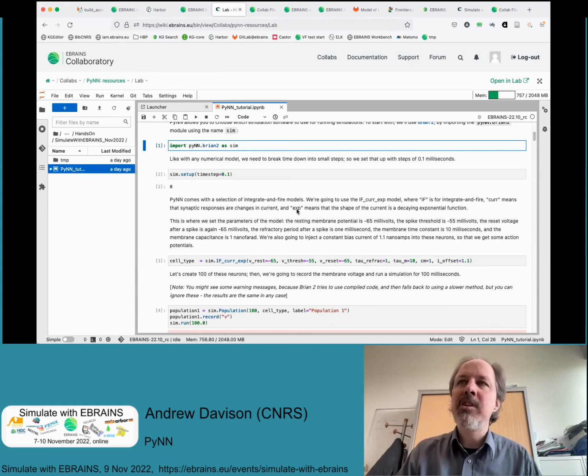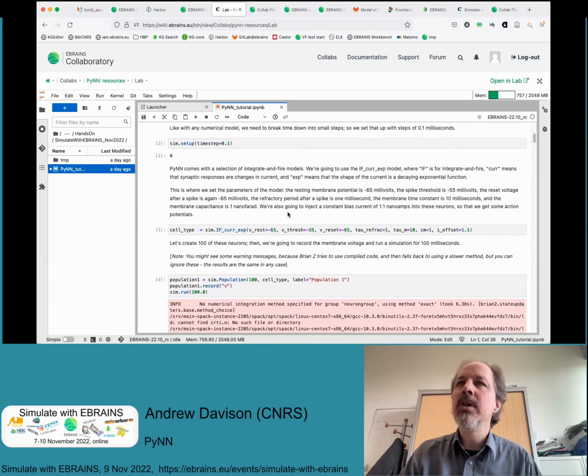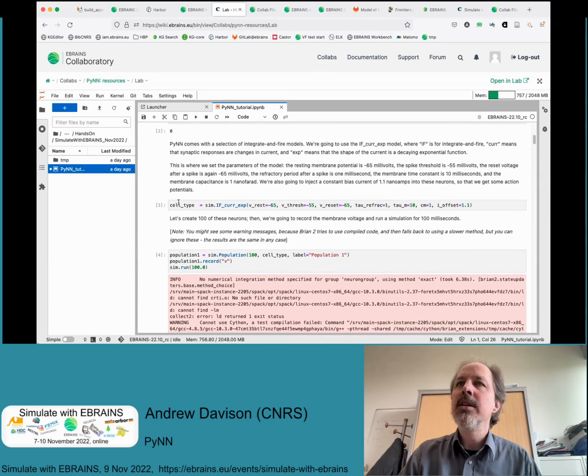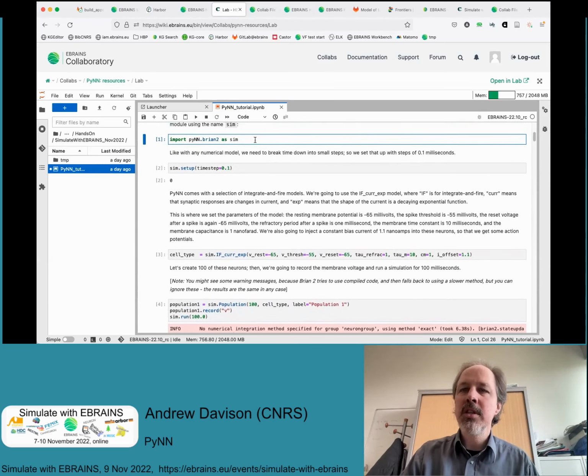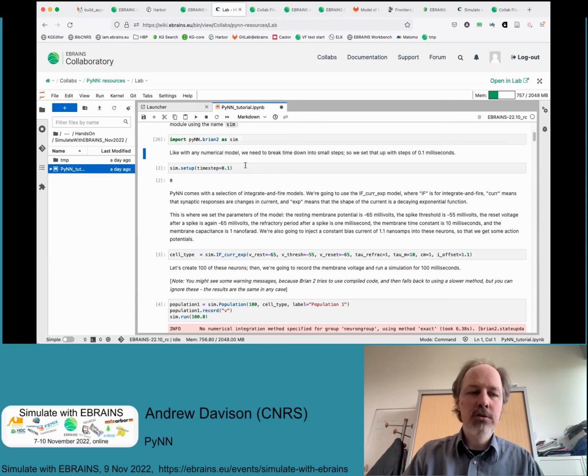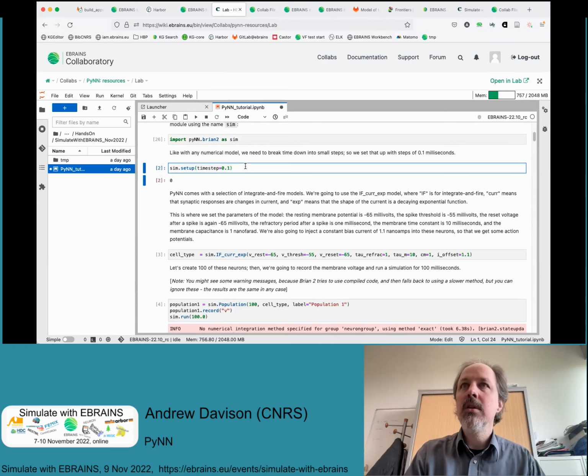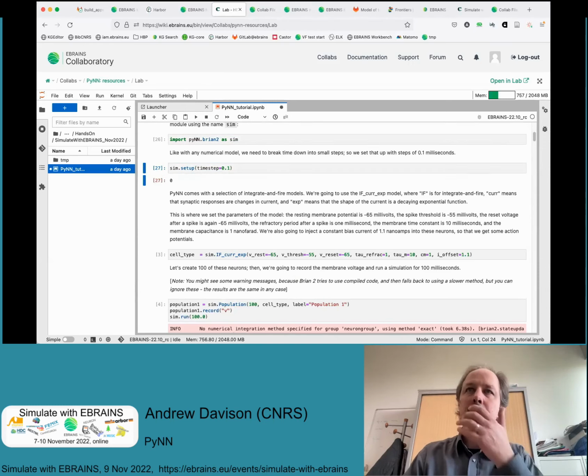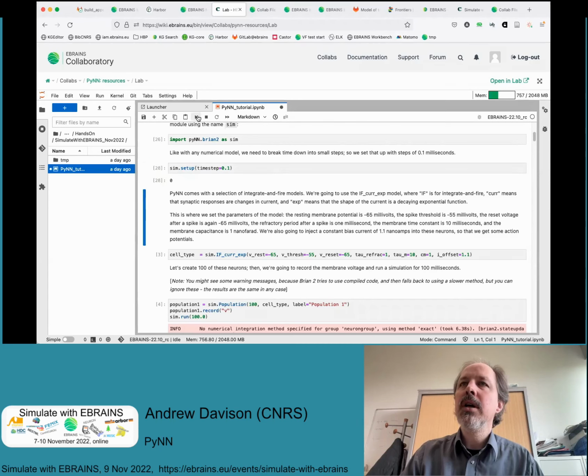And we're going to set some parameters of this model. So here you can see cell type. I forgot to say we should have executed this cell, so either click on run, or you can do Control Enter. So import pyNN.brian2 as sim, set the neuron up, and then the next thing is to set the cell